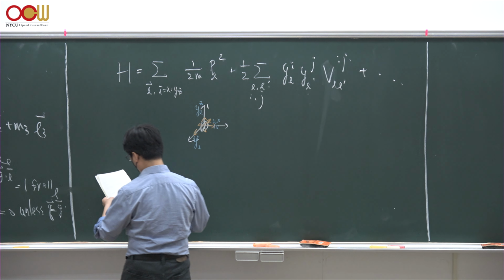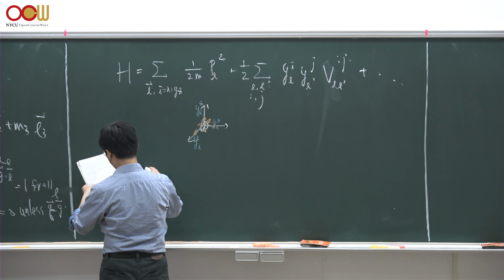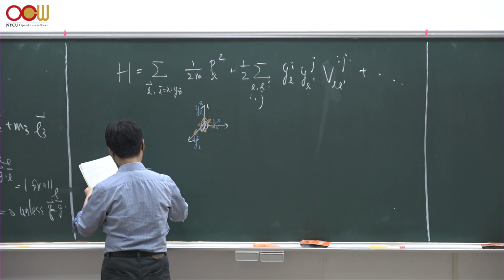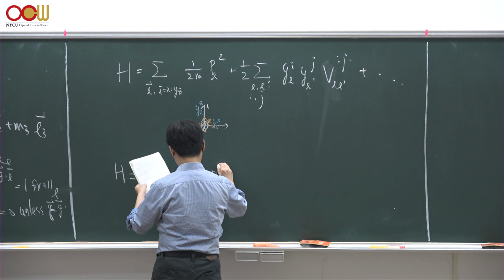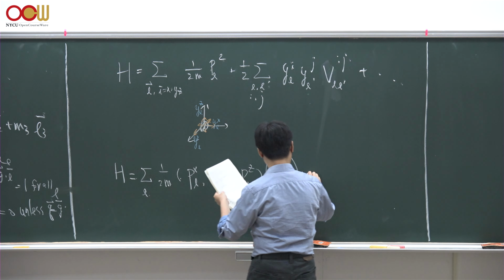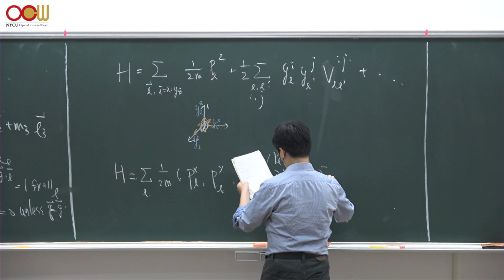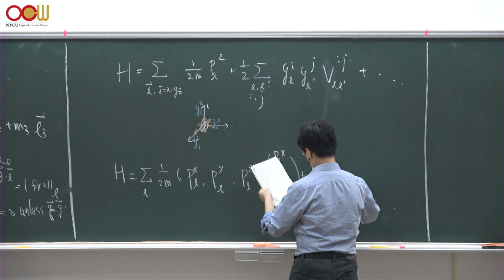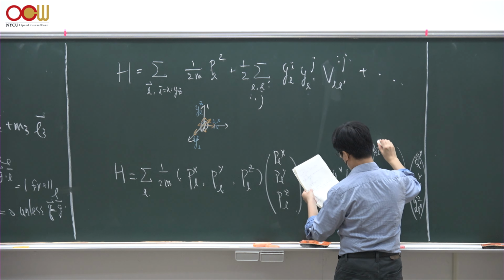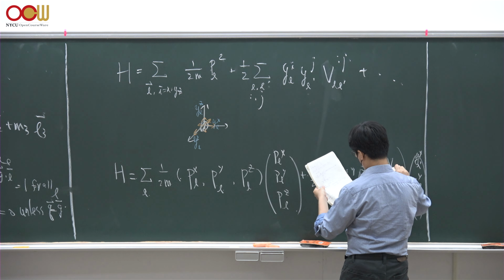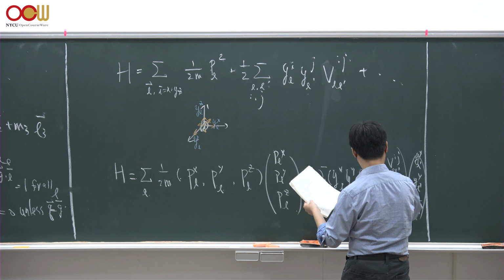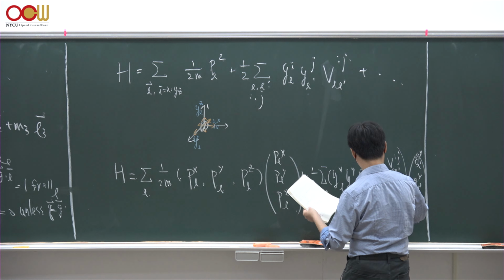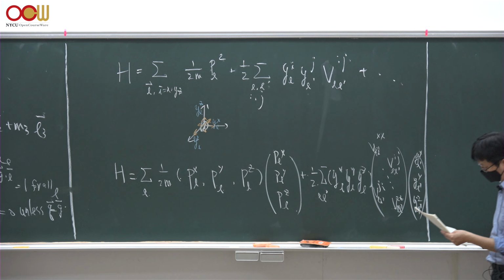So let me just use harmonic approximations, and in particular, I can use a column and row matrix to represent such horrible matrix elements. V L L prime, xx, V L L prime, ij, and V L L prime, ji. So it's actually a 3N by 3N matrix,